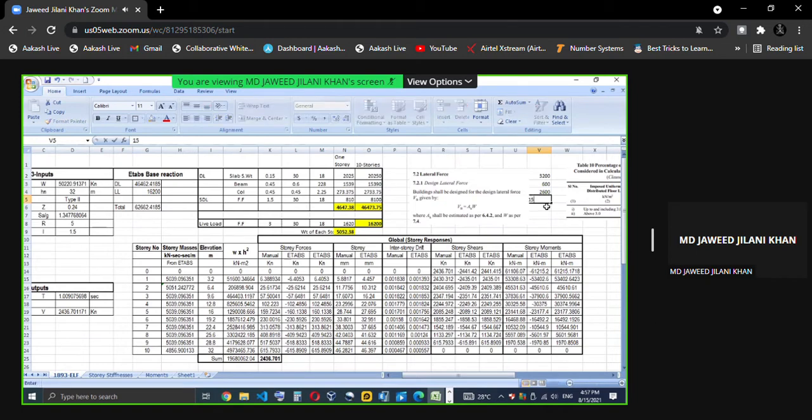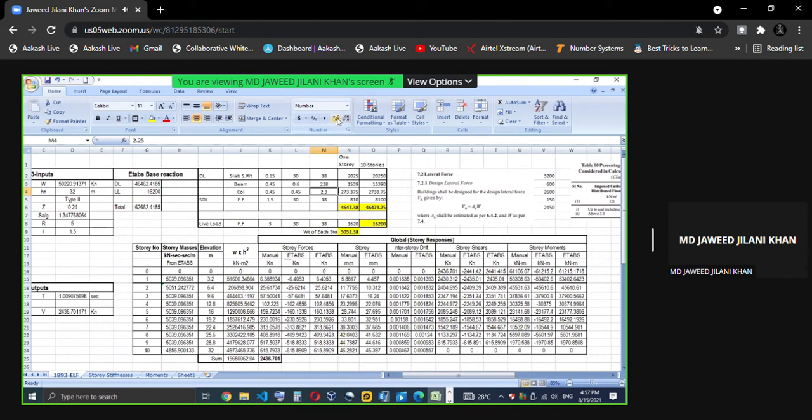So 150 mm slab I have to subtract, so 2600 minus 150 is 2450. So let me give 2.45, right? So this is the height of the column.